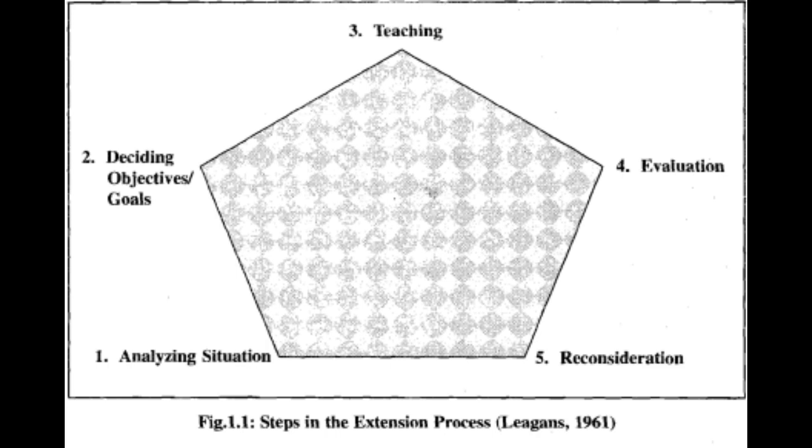2. Objectives or goals to be accomplished. The beneficiaries of development programs must be involved in selecting a limited number of objectives which should state the behavioral changes in people as well as the economic or social outcomes desired. 3. Teaching. Teaching is the process of arranging situations in which the things to be learnt are brought to the notice of the people, their interest is developed, and a desire for change is aroused, i.e., they are stimulated to action. The essential role of an extension worker is to create effective learning situations with the following essential elements.